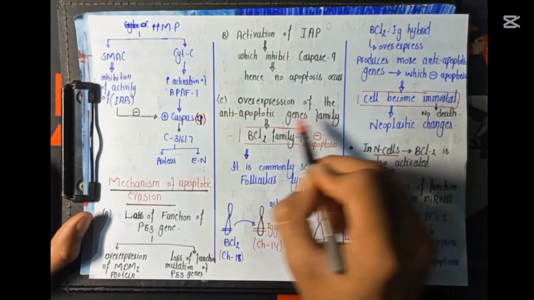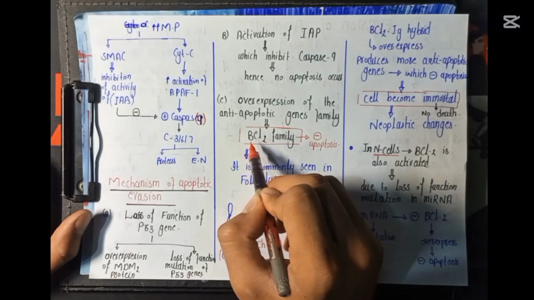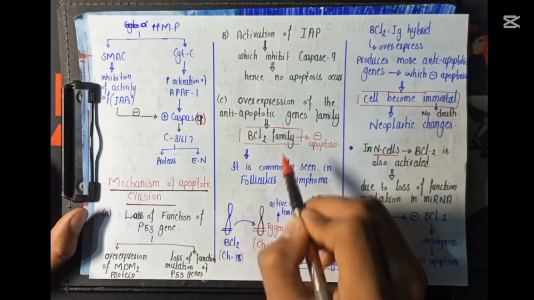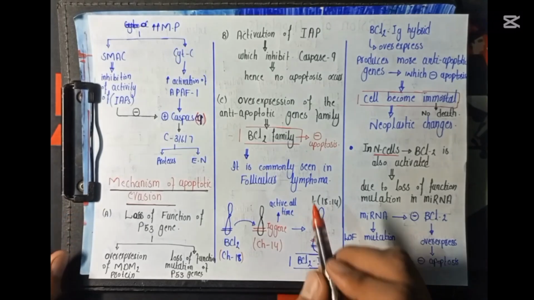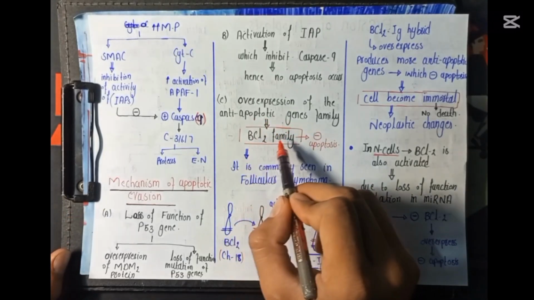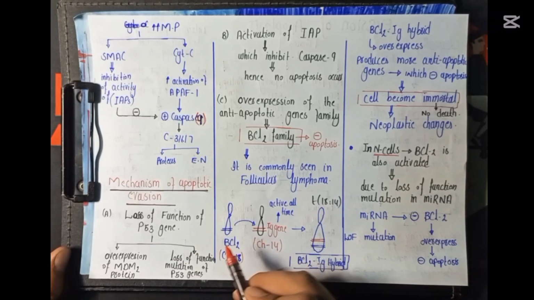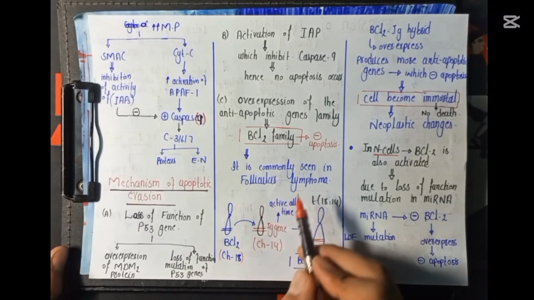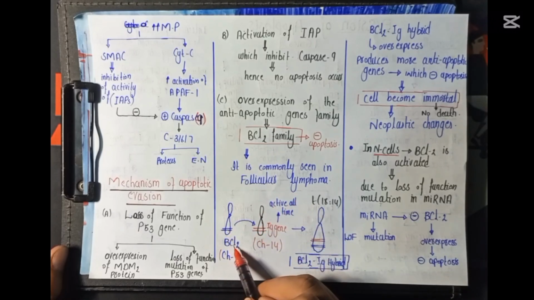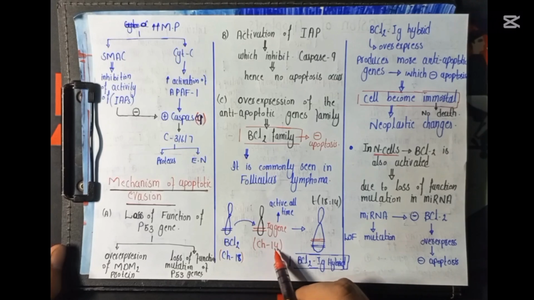The third one is overexpression of the anti-apoptotic gene family. The anti-apoptotic gene family includes the BCL2 and the BCLXL family, and these anti-apoptotic genes inhibit the process of apoptosis. The overexpression of the BCL2 family is commonly seen in follicular lymphoma. Normally, the BCL2 gene, which is an anti-apoptotic gene, is present on chromosome number 18. But in follicular lymphoma, there is translocation of the BCL2 gene from chromosome number 18 to chromosome number 14,